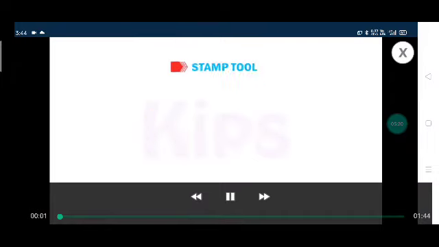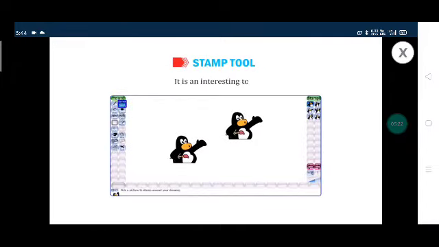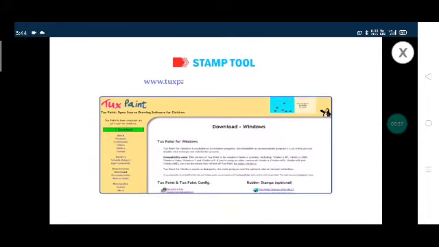We shall discuss about stamp tool. It is an interesting tool. This tool is used to add ready-made images as stamps. TUX Paint already has some inbuilt stamps. Additional stamps can be downloaded from the following website: